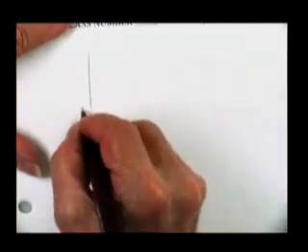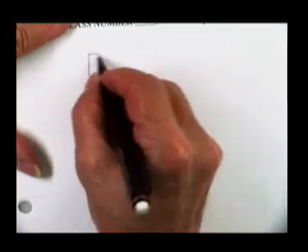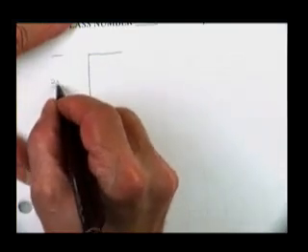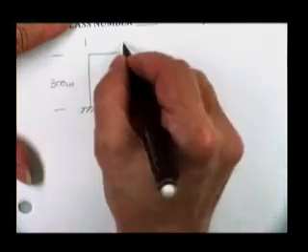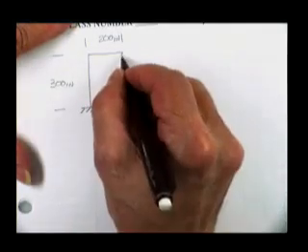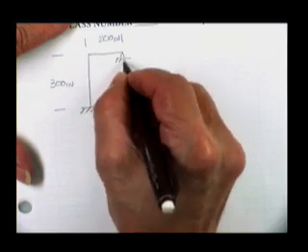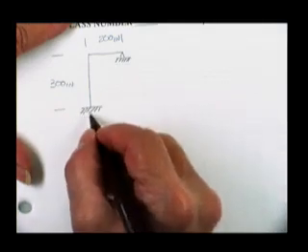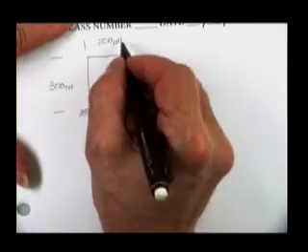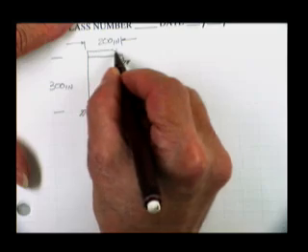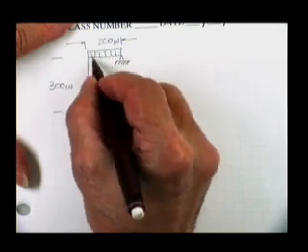All right. I've got a frame. This dimension right here is 300 inches. This dimension is 200 inches. I'll tell you just between you and me that there is a pin at that point and a fixed end at the bottom. And that there is a load on the structure of